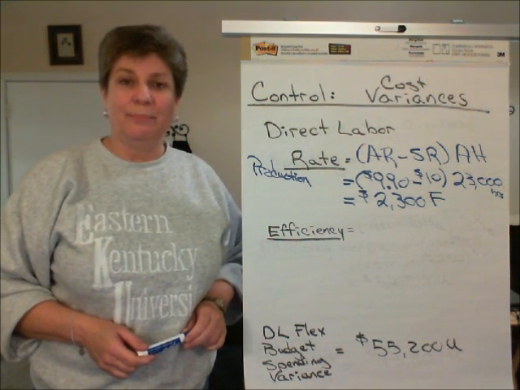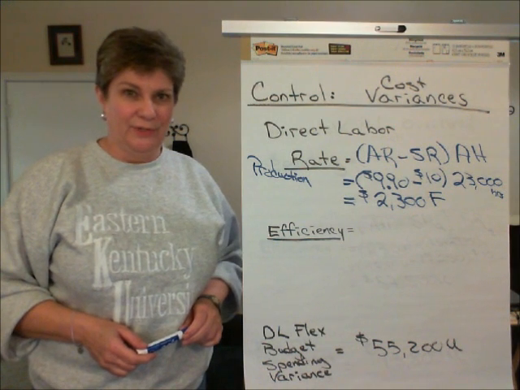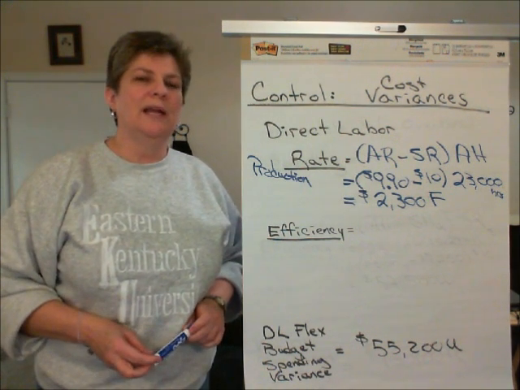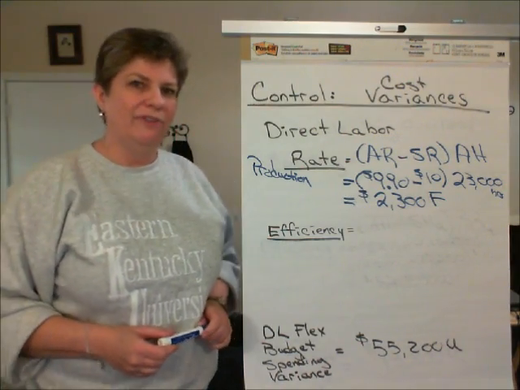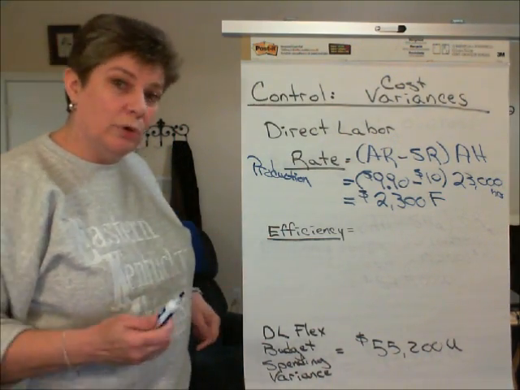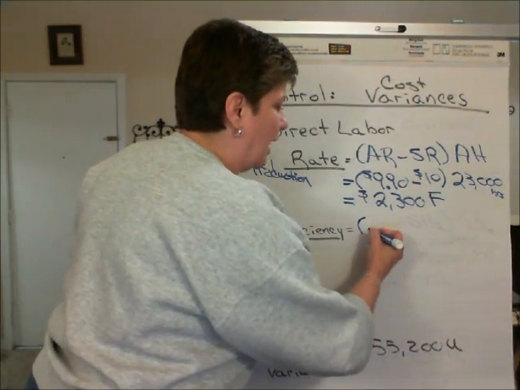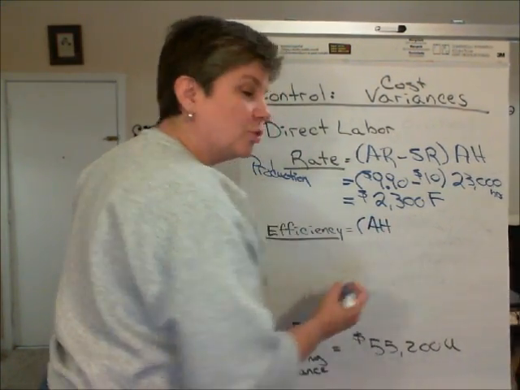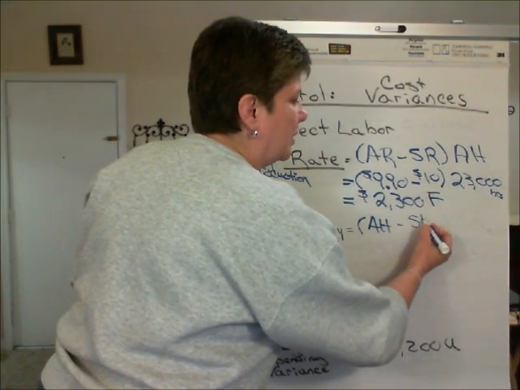Managerial accounting, planning and control, direct labor variances. Now we've looked at the direct labor rate variance. Now let's examine the direct labor efficiency variance. The formula for the efficiency variance compares the actual hours worked, actual direct labor hours worked, with the standard direct